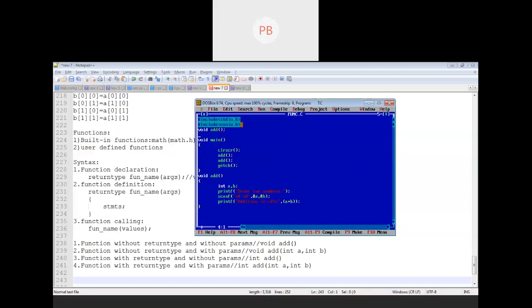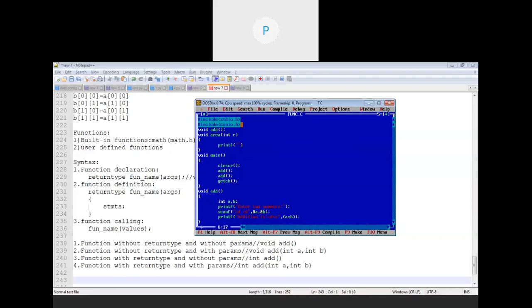Okay, now the second is what? You have to declare a function without return type and with parameters. Okay, so I will say void, we'll take the function as area int r. Okay, now I'm declaring and defining the function over here only. Okay, means I am defining that function before main, and that's why there is no need to declare it. Now we have taken an area function with one parameter, that is r. So if I'm accepting radius with the help of a parameter, then obviously there is no need to accept the radius from the user.